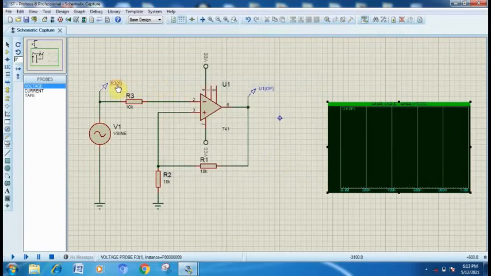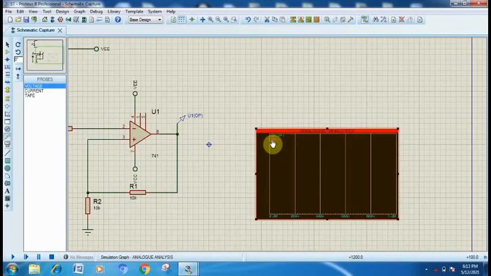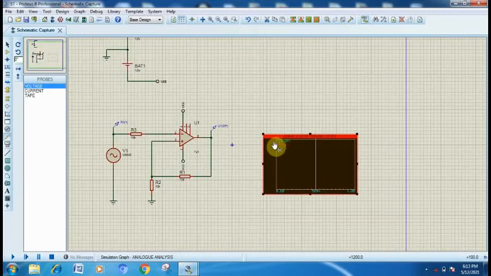Now go to here and just drag this name on the graph. Okay, you can see here this name is R3 in bracket 1.